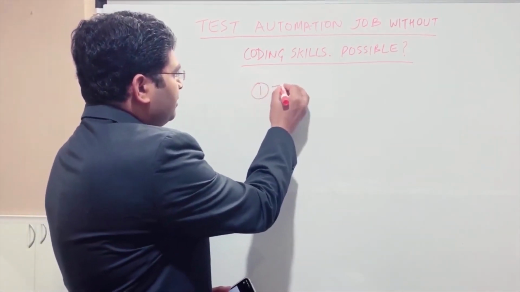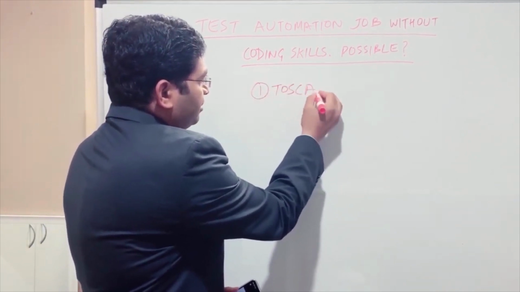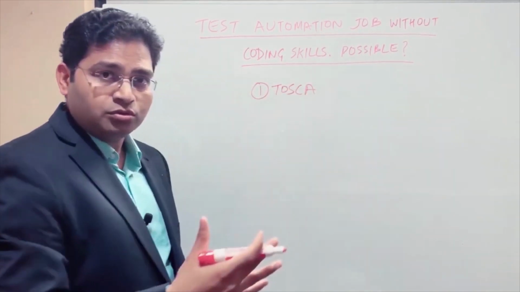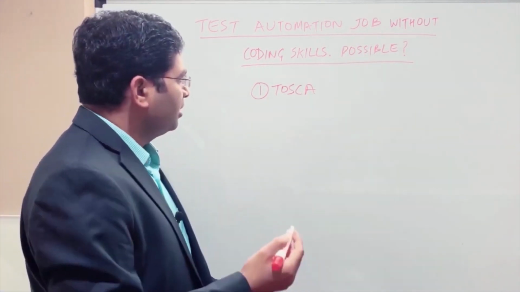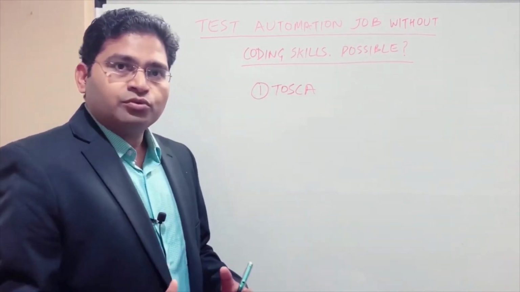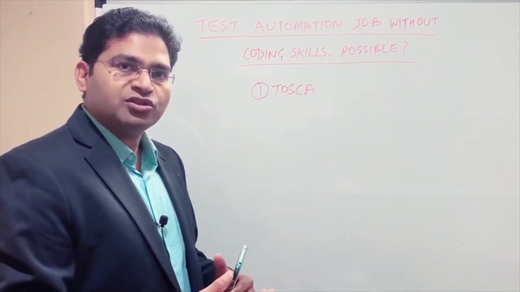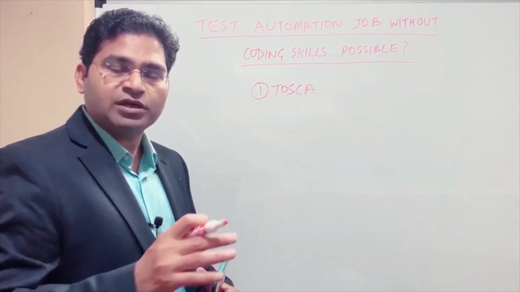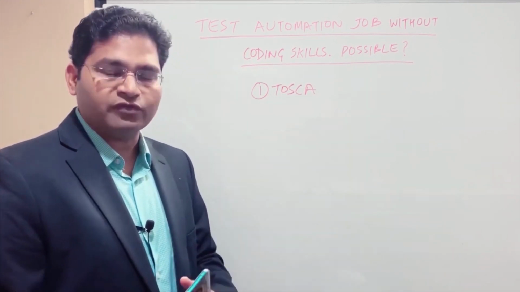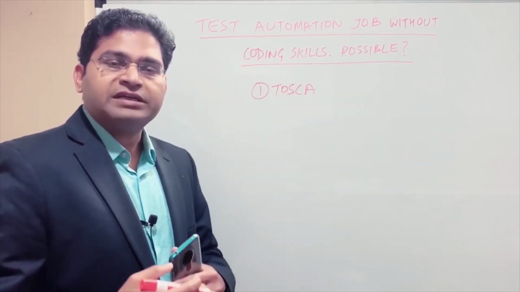Tosca. All right, Tosca Tricentis. So Tricentis Tosca is an amazing tool, a low code or no code automation tool, wherein it is possible to scan web elements. Say for example you have a web page, you can directly use the scan module within Tosca to scan the web elements with different attributes of the element, and then drag and drop those modules to create the test